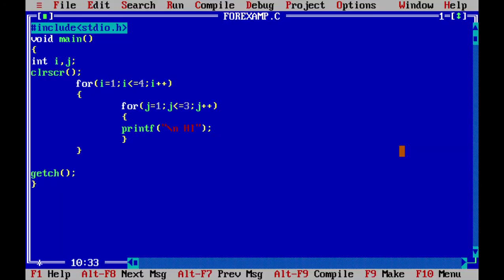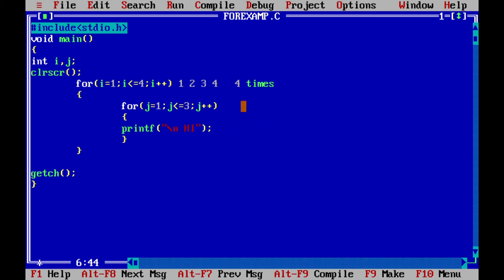How to calculate it? Instead of tracing all the for loops, just do the multiplication of 4 and 3. Why 4 and 3? It means how many times this outer for loop executes, multiplied by how many times this inner for loop executes. Multiply these two values, then you will get the answer. Now here you can see the outer for loop will be executed for 1, 2, 3 and 4. It will stop at 4 because you said that i is less than or equal to 4.